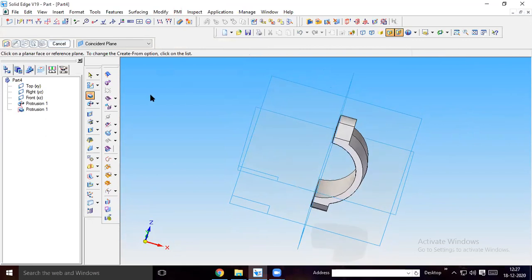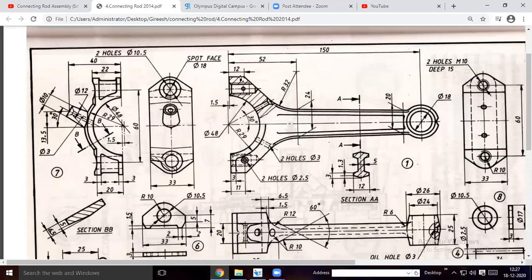Okay. So then what you have to do, once you have done this, here you see, I gave the revolve protrusion from this line. So here it is 1.5 mm. A cutout is there. Actually, the part does not start from the center of the radius.